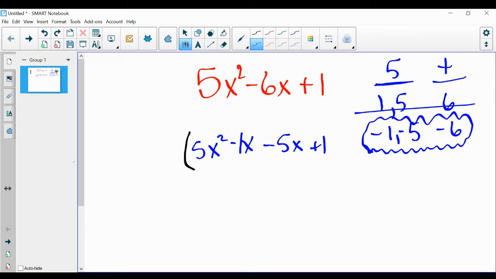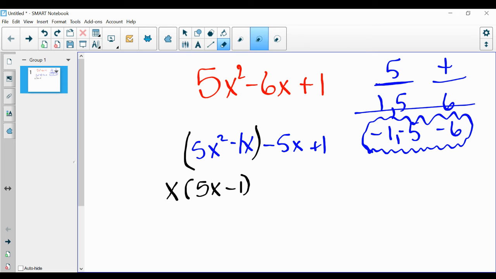Okay, I'm going to look at this pair of terms and think, what do they have in common? Okay, well, that pair has an x in common. And if I factor out an x, I'm left with 5x minus 1. Okay, now I'm going to focus on